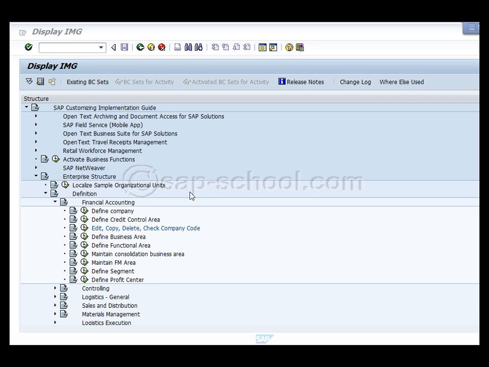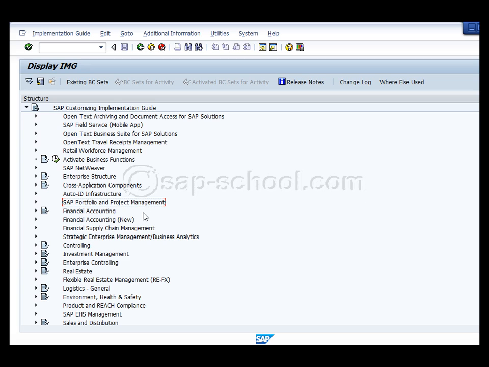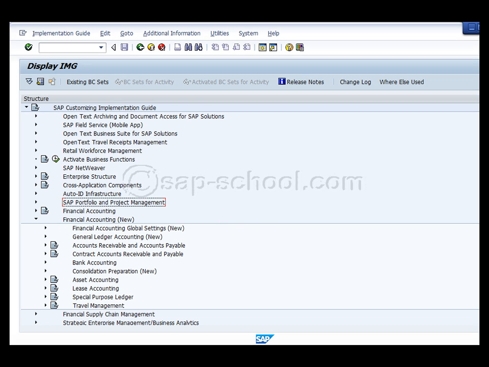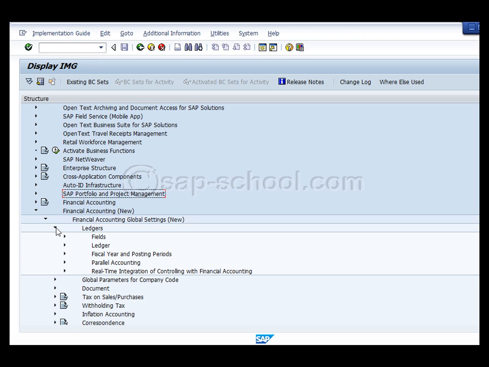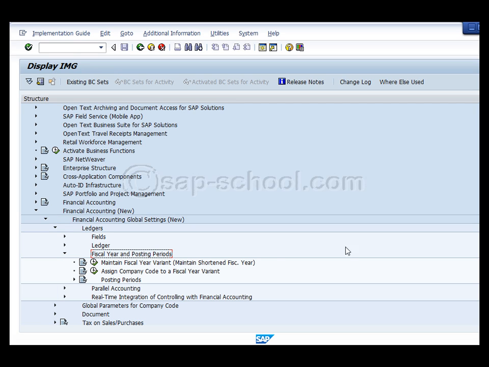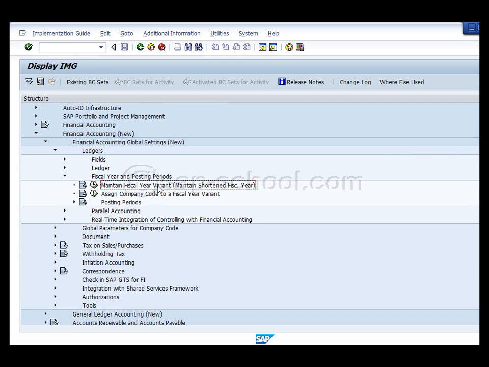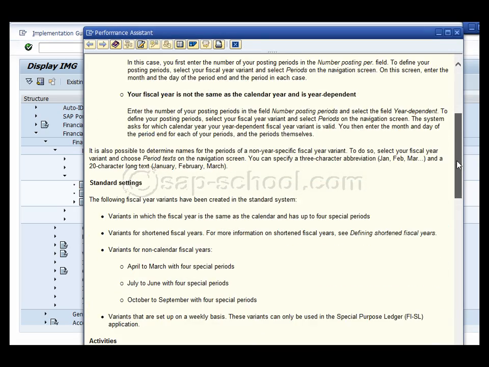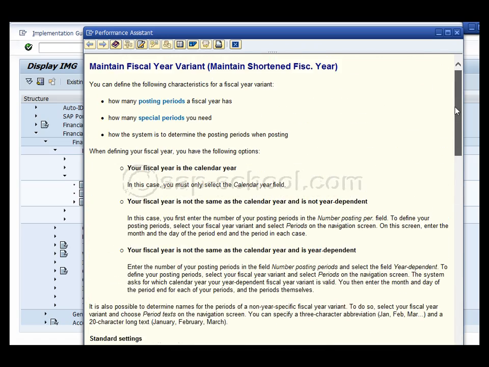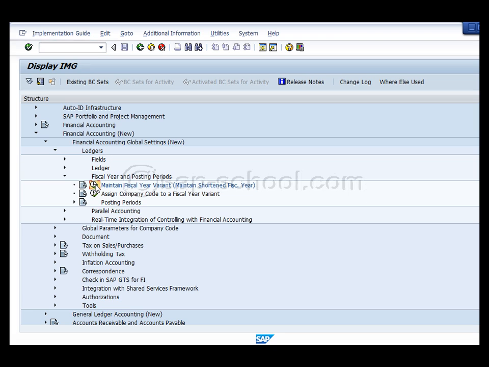Now I will try to create a new fiscal year variant. So I need to go to financial accounting, new, global settings, ledgers, and fiscal years and posting periods. So this is where I maintain my fiscal year variant. There is some useful help that tells you some guidelines on how to actually do it if you are fairly new to this. I press the execute button